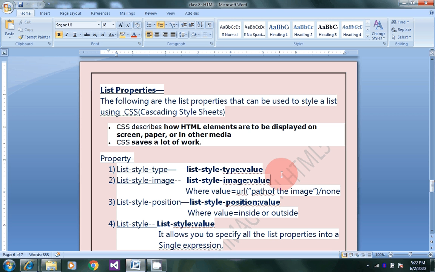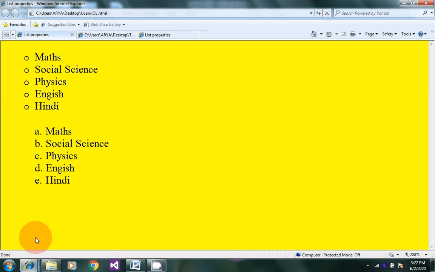It allows you to control the shape or appearance of the marker, as you see in this list. Here is a list type. Here you see in both lists, the first list is a bulleted list, and the second list starts with an A marker: A maths, B social science, C physics, D English and E Hindi.